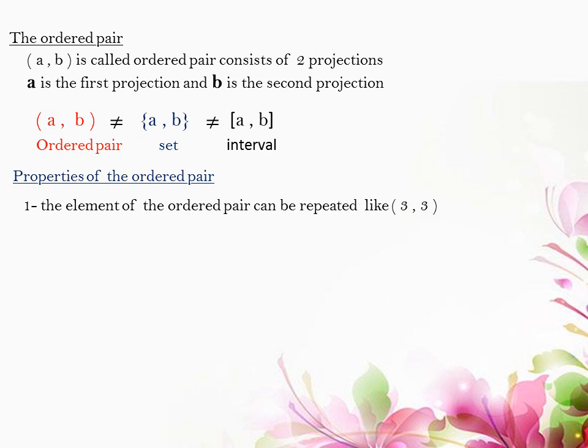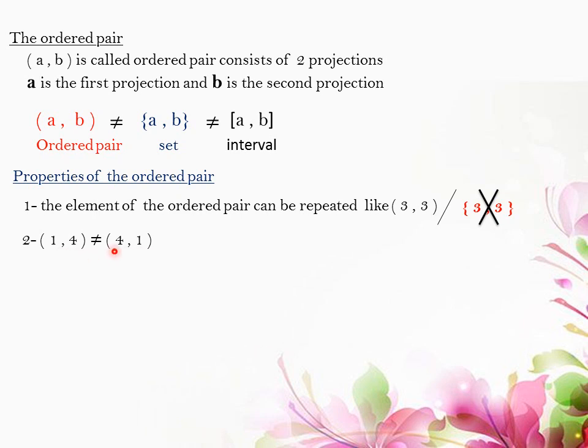We can repeat the number in the ordered pair, but we can't repeat an element inside any set. Number two: if we have two ordered pairs like (1, 4) and (4, 1),